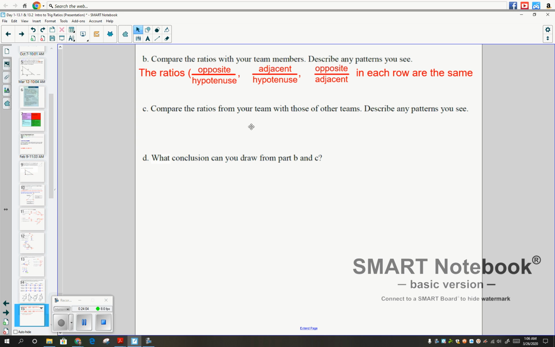Compare these ratios from those of your other teams. Well, the other teams, if we're doing this group, would all have the same things. So again, the ratios are the same. Well, why is that? Why can we draw this conclusion? Well,